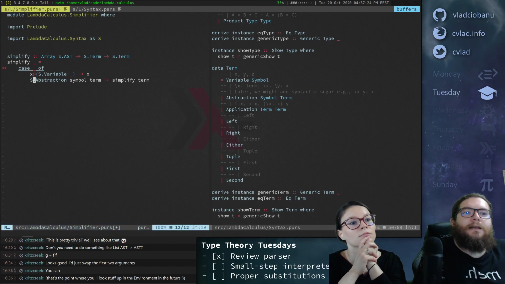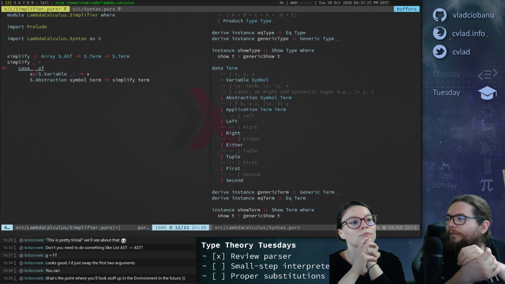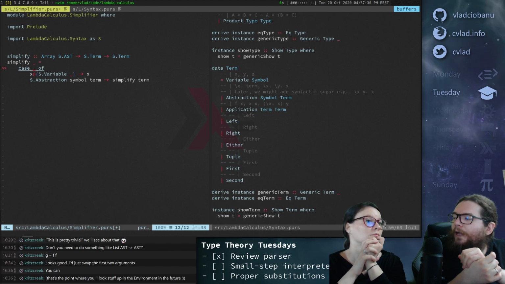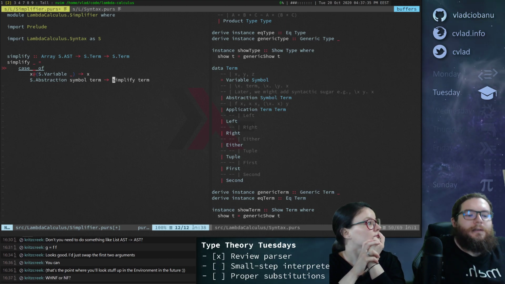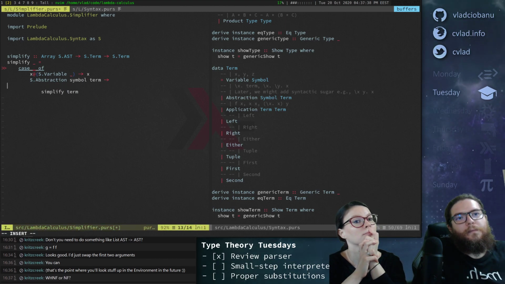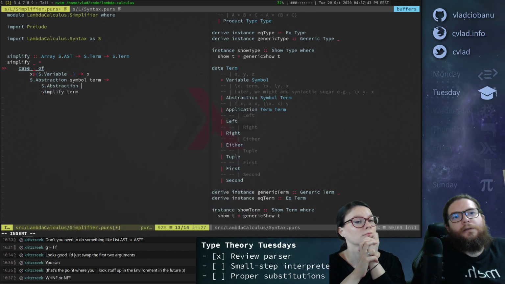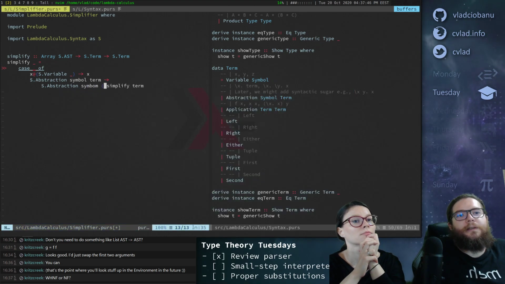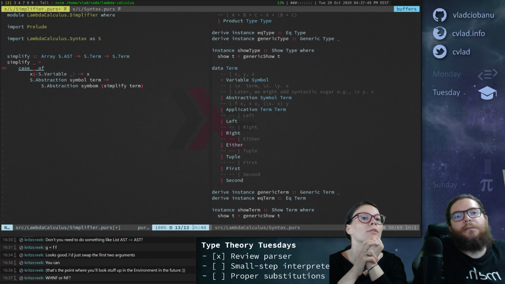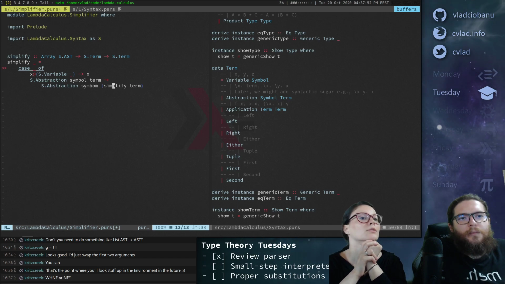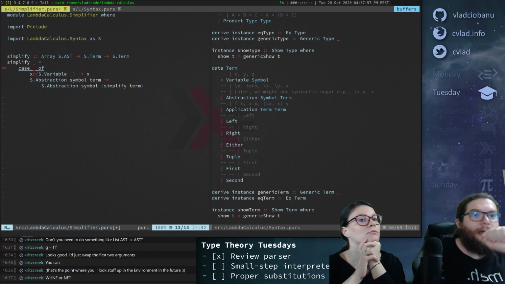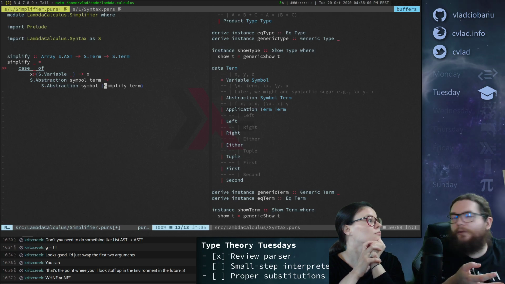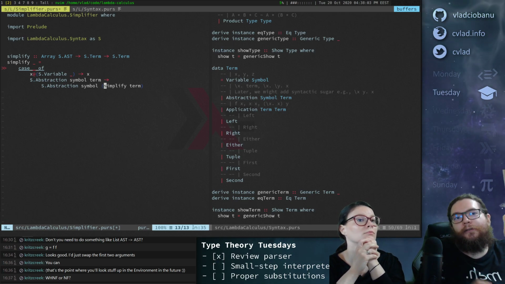But then you probably also need to do something here. Let's not worry about that. We obviously need to simplify the subterm, but we cannot destroy the structure, so we need to keep this. You have a symbol. I'm pretty sure something like this, but then we might need to pass some info to simplify, but we'll see later, because we don't need it right now.